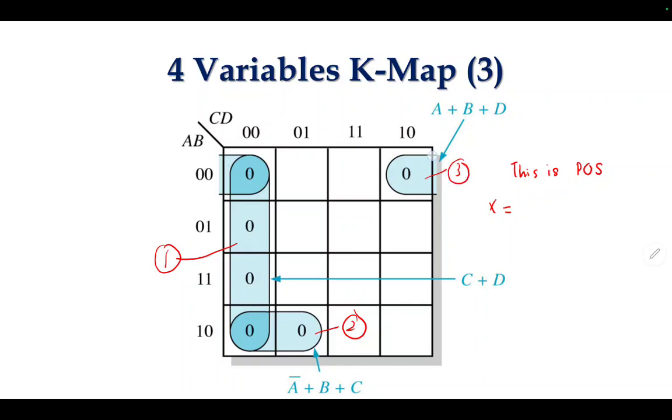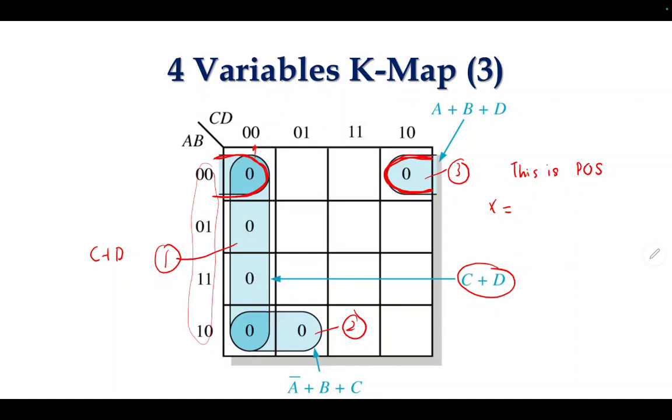3. So equation 3, you open the box here like this to combine with another one here. Right. So number 1, so you're going to compare all of this. So A and B all change state from 0, 0, 1, 0, 0, 1, 1, 0. So you don't read A and B. So you just read on the top here, which is C and D is 0, 0. So you got C plus D over here.